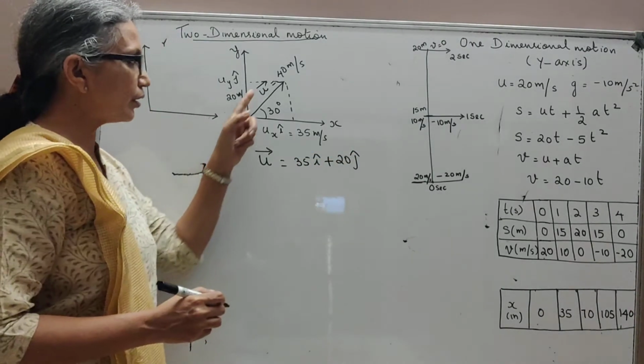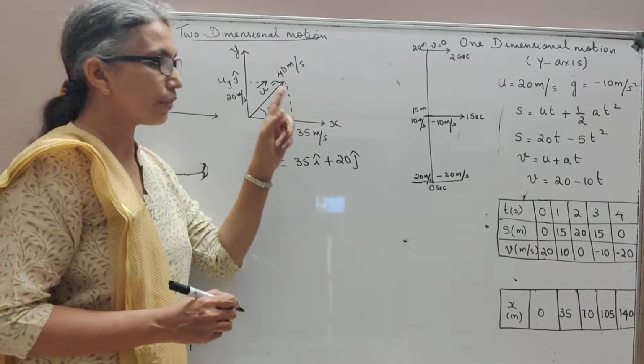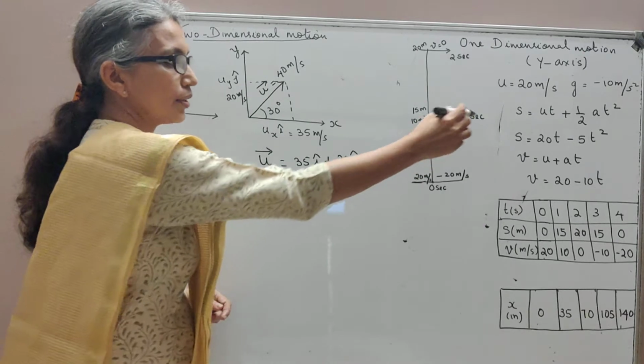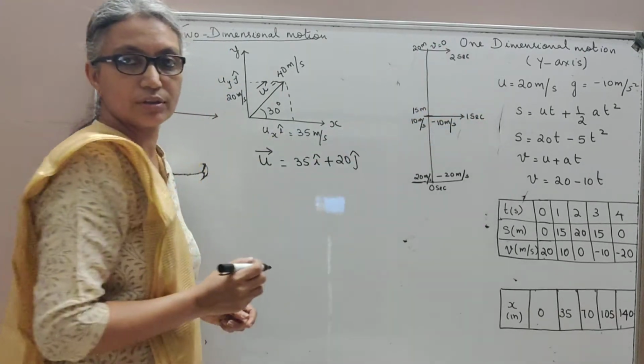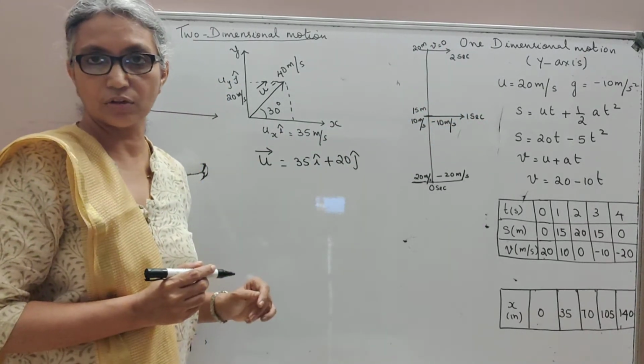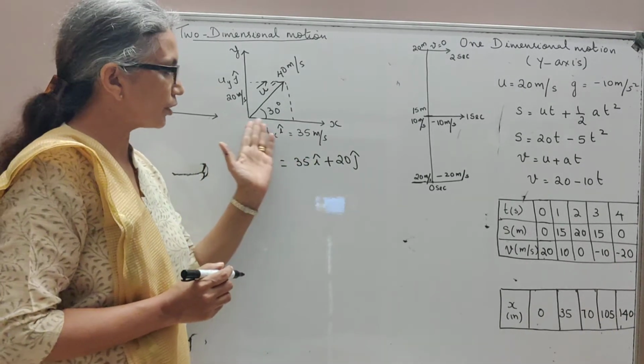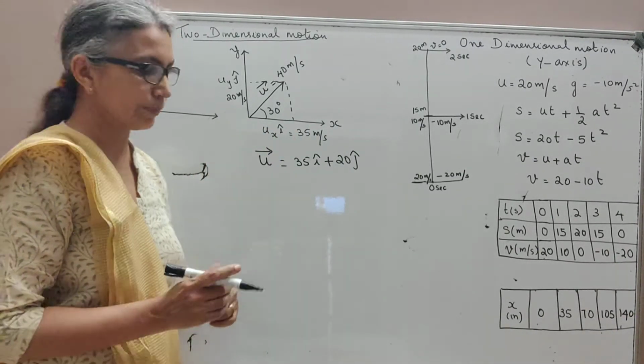And you will see that I have taken this particular value so that this body has 20 meter per second along the y-axis, like we did here. The initial velocity was 20 meter per second along the y-axis. Only thing is, in this case, motion in 2D, it has also got an x component.